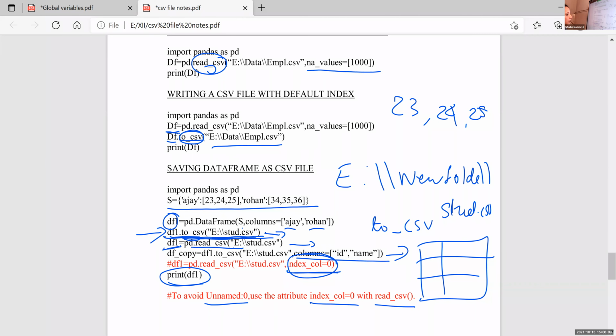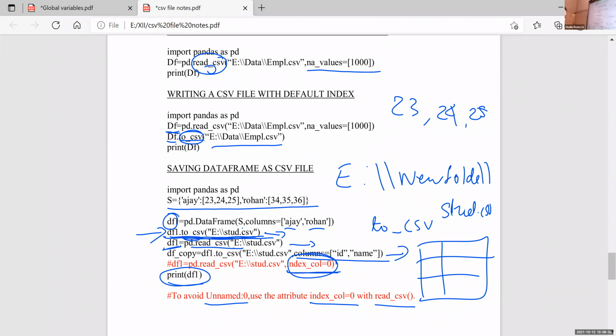So normally the merging is based on a common column name. That is a common way. But if there are no common headings, then you can use this left_on and right_on.